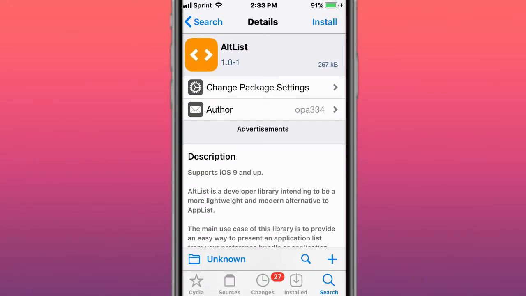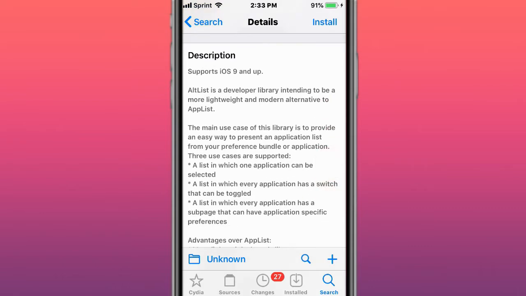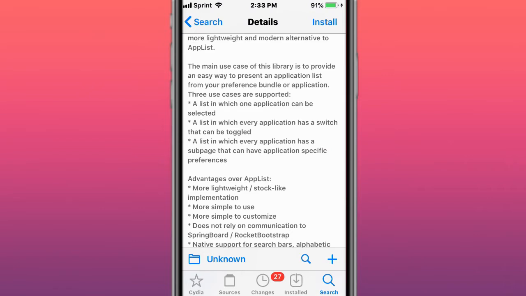The first tweak is called AltList, and this supports iOS 9 and up. It's a developer library intended to be a more lightweight and modern alternative to AppList. It provides an easier way to present an application list from your preference bundle or application. So you can have a list in which one application can be selected, a list which every application has a switch that has to be toggled,